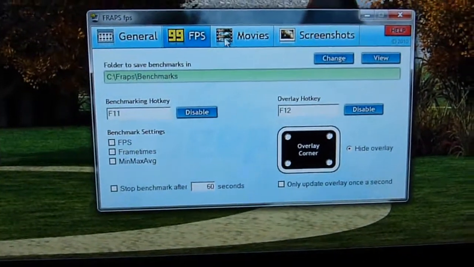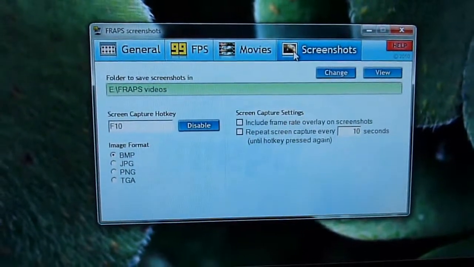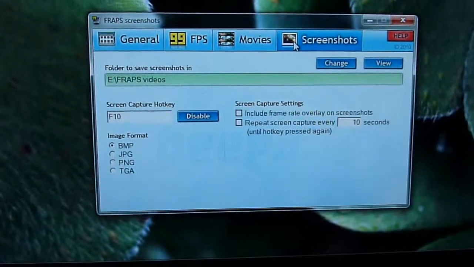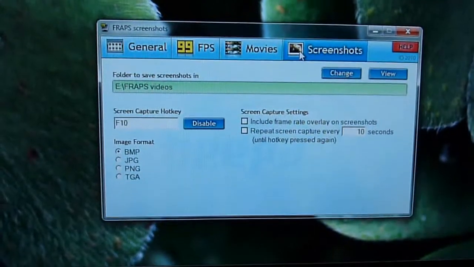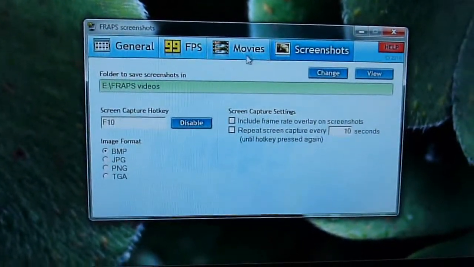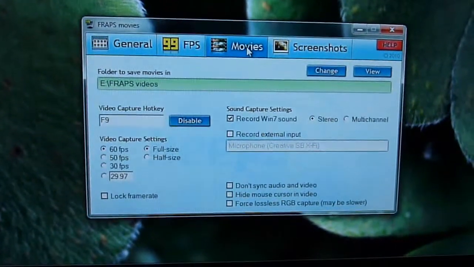What can FRAPS do for you? Well, first of all, FRAPS can take screenshots of any application, any window, games, any game, as long as it's a DirectX or OpenGL game. FRAPS can record it. Screenshots. But the thing I most love FRAPS for is movies. You can record